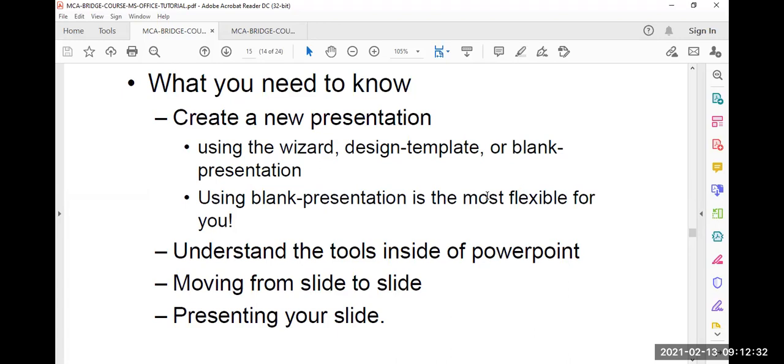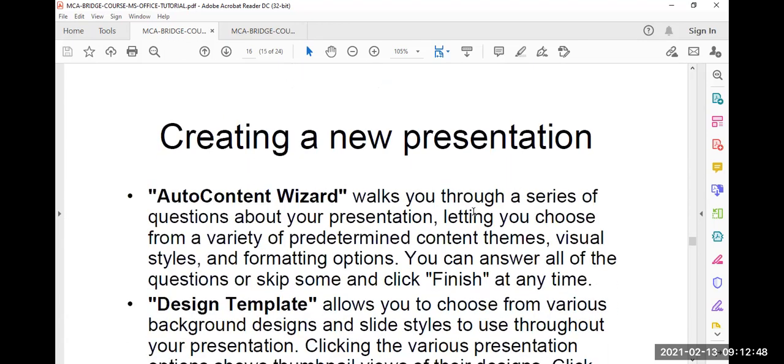We can move from slide to slide, which is called slide transition. We can also apply operations on the slide so that it moves automatically or depending on a mouse click. If the user clicks, then only the slide will transit, or automatically, by default, after a time range the slide will transit. That is also possible.